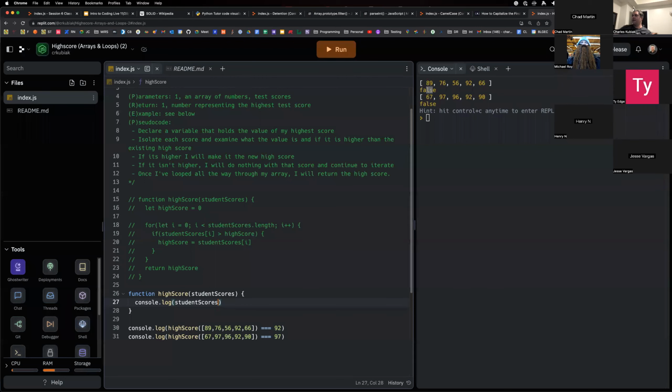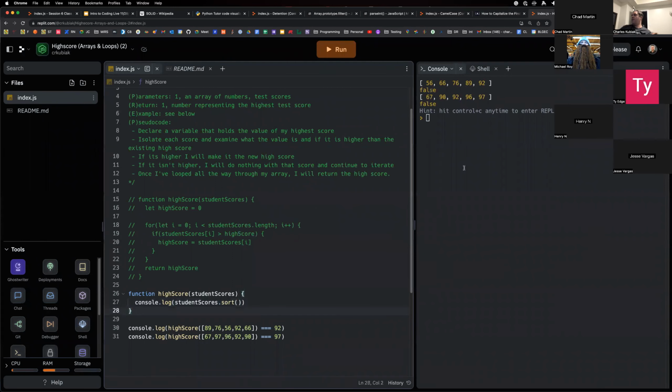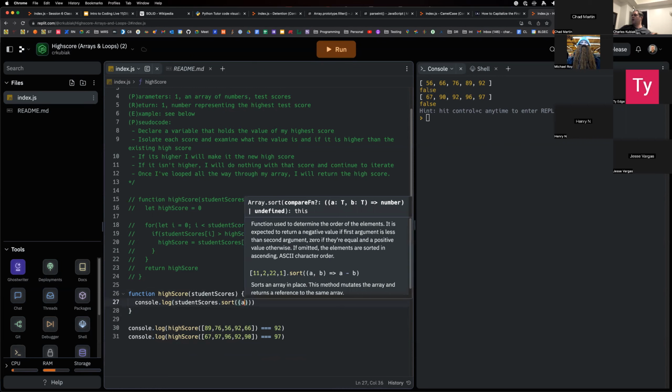And so if I just do this as a .sort, let's take a look at what we get here. We're sorting these from smallest to largest. And I would prefer, because I don't know the length of these, as far as an index position, I could always do studentScores.length - 1. But that's fairly large to write. What I would most likely do here, so that I can sort these in the correct order, is